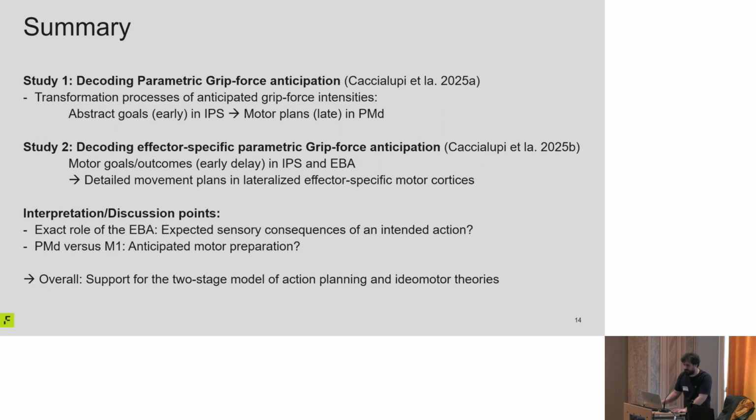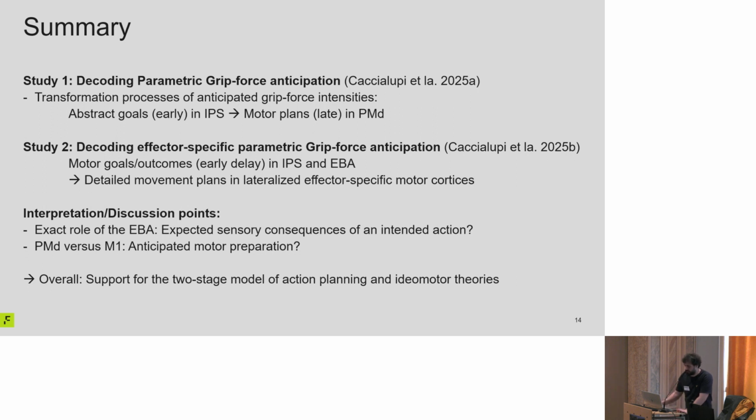In contrast, in the second study, we explicitly split the delay period in two parts, and by explicitly asking participants to prepare one end or the other end for preparing the grip force intensity, we found systematic lateralization, which differs in terms of brain regions between the two delay periods: in contralateral EBAs and IPS during the first delay period, and in contralateral M1s during the second delay period. Again, this suggests some kind of transformation from more abstract motor information to more specific movement plans, and in that case effector-specific coding of information, as even corroborated by